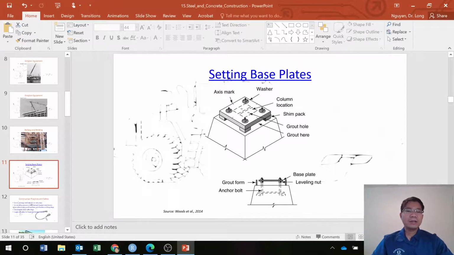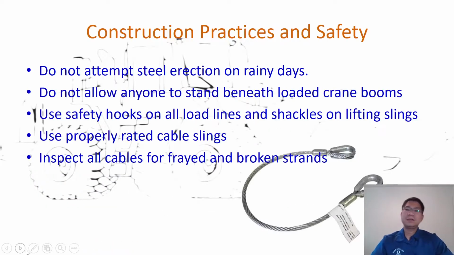And the last one, the safety of steel erection, is very important. There are multiple accidents related to steel, because steel has high strength, so the members tend to be slender. If you install without ensuring good bracing, it can collapse, and one member collapsing creates other members collapsing, a domino effect as we call it. So ensure safety not only for the structure, but also for the workers. Do not attempt steel erection on rainy days. That is for sure, especially in Florida when you have